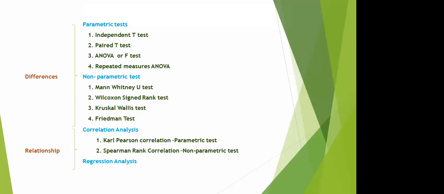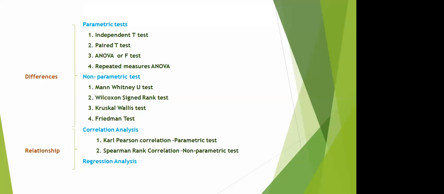If one variable is increasing and the corresponding other variable is decreasing, we can say that it's a negative correlation. And if a change in one variable doesn't cause any change in the other variable, then we can say that there is no effect, or no correlation, between those two variables. So in such situations, if we want to state the degree of relationship between two variables, we can use correlation analysis.